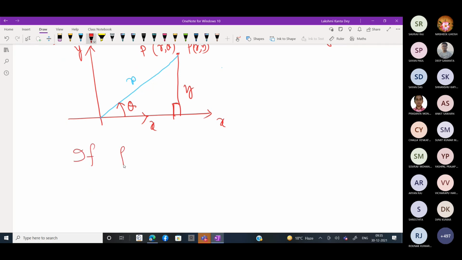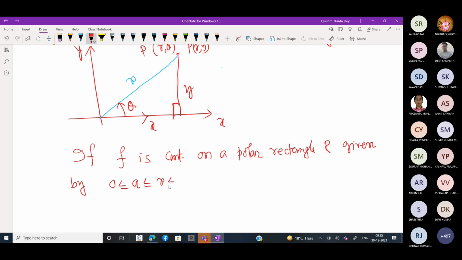If f is continuous on a polar rectangle R given by 0 less or equal to a less or equal to r less or equal to b, and alpha less or equal to theta less or equal to beta, where 0 less or equal to beta minus alpha less or equal to twice pi. Then